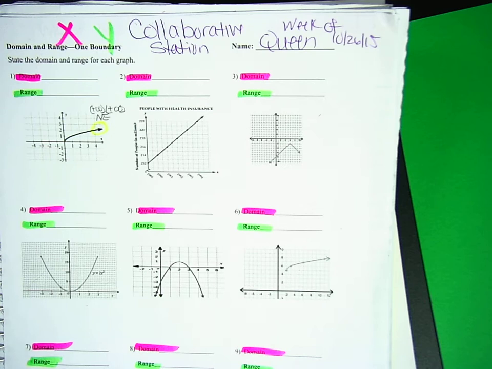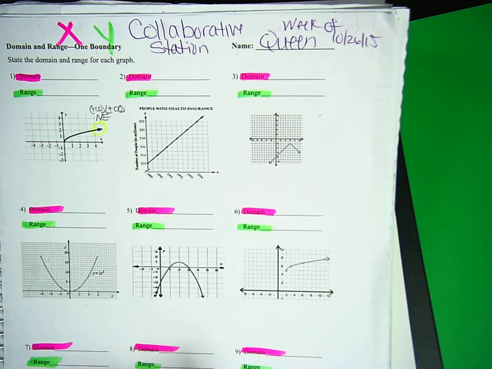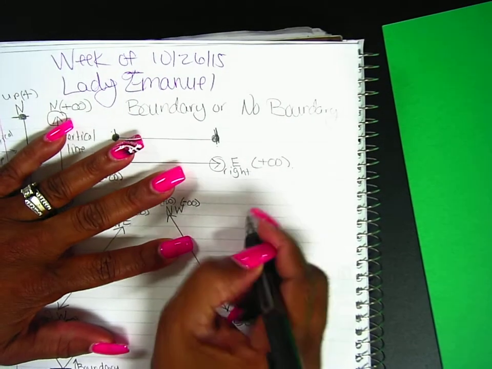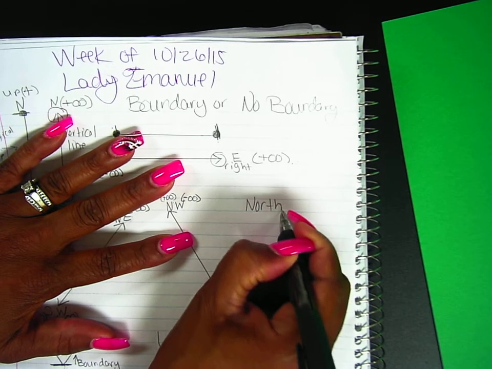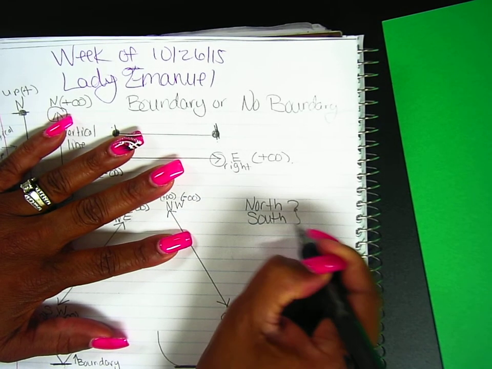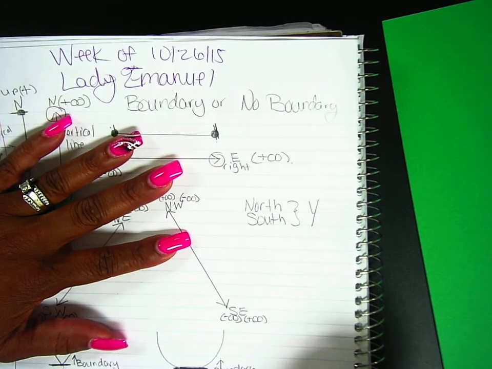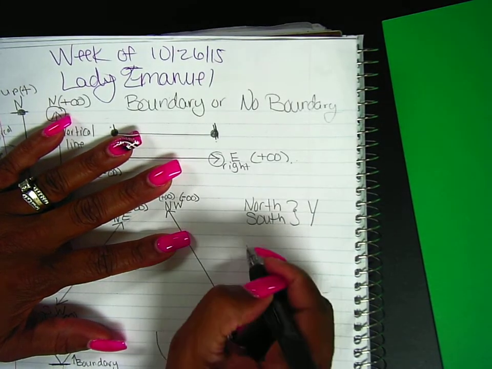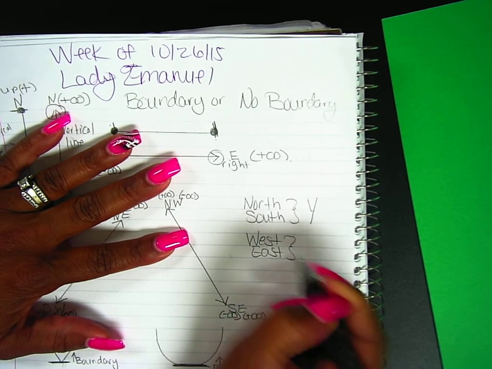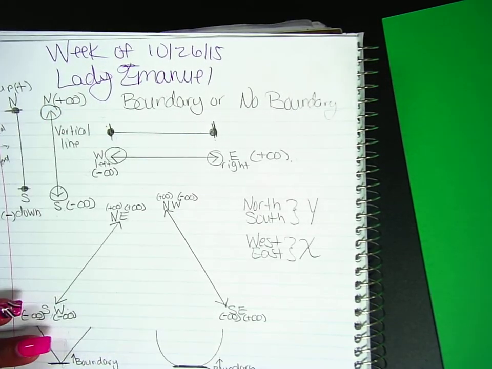Okay, and it's positive for the east. And so how does northeast relate to your domain and range? Okay, I'm glad you asked. Turn back over. When you're thinking north and south, this right here is for your Y. That's your Y value. West and east, that'll be for your X. Because X goes